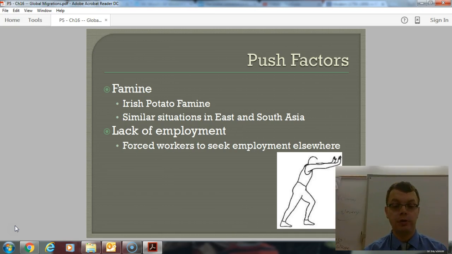And lack of employment. Workers are forced to seek employment elsewhere. People want jobs, so they're willing to move. Many of these people, especially the Asian people from India and China, who move as labor, they think they're going to come back to their homelands, but they really don't have a possibility to. Many of them die in their indentures, or just have no ability to go back to their homeland,